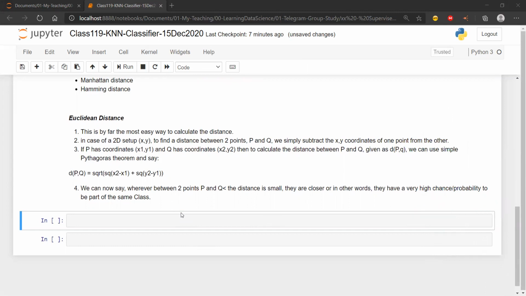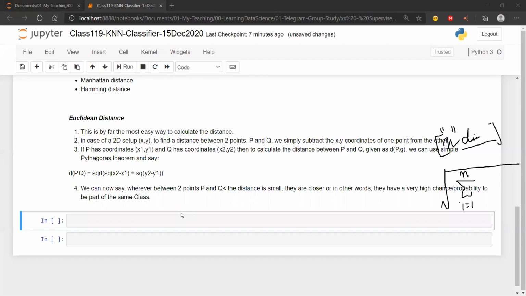Clear all drawings here. Now, what happens if I have, let's say, n-dimensional space? I'm not really going to write this in the text box because it's very difficult for me to write the summation formula. But you will get this from Google or from Wikipedia also. The value is going to be the square root of the summation, i equal to 1 to n. Let's say n is the number of dimensions in the data.